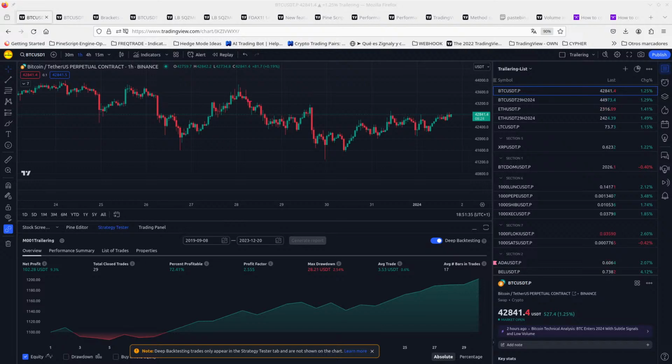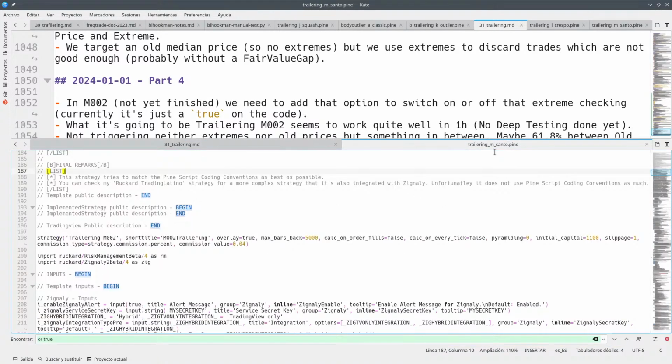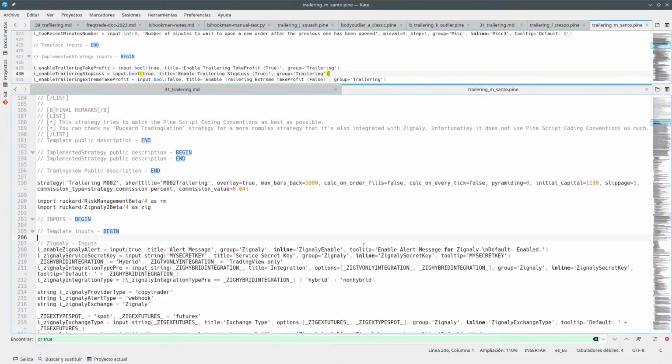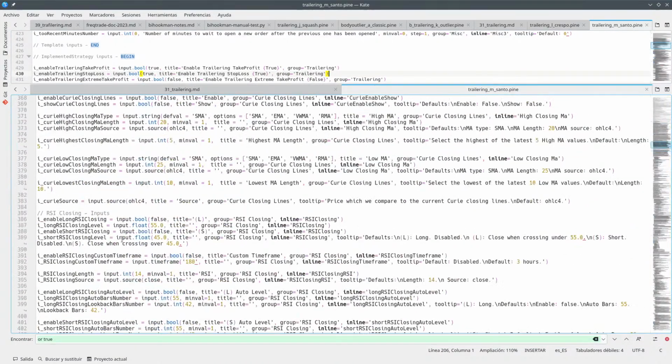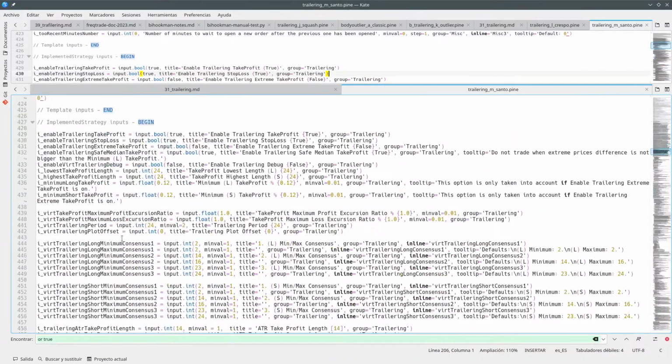Okay, I'm going to implement it, and then later on we will see how we do this, because I'm not very sure. So we need another option. Let me add this third option, which is